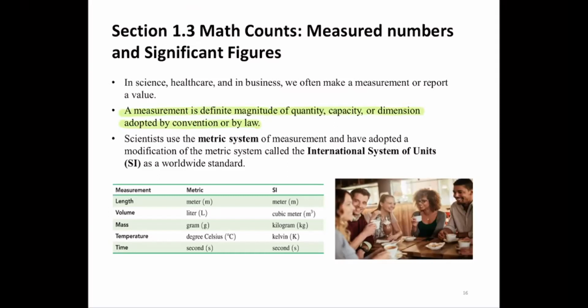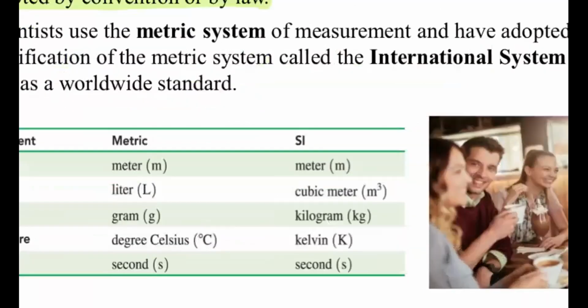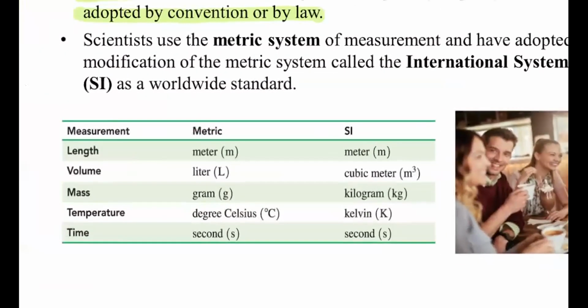So meters is what we utilize in the metric system for length, and in the SI system, we also utilize meters. In addition, in parentheses, we have the abbreviation for those measurements. This is just to give you some examples of the different types of measurements that we may